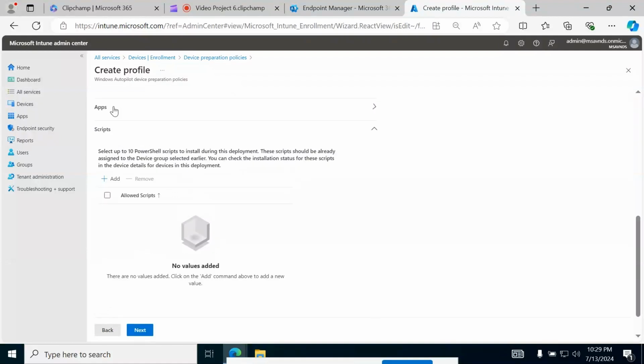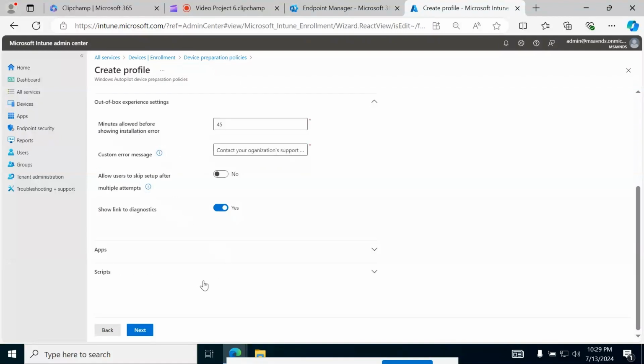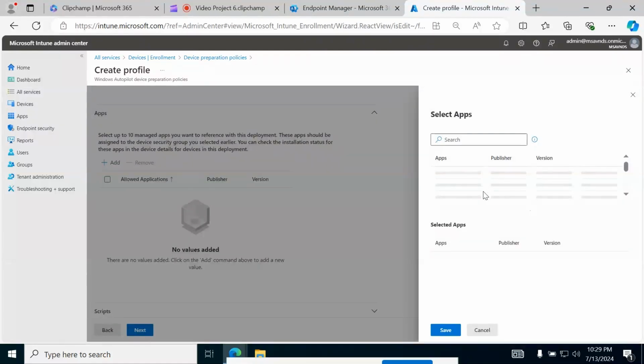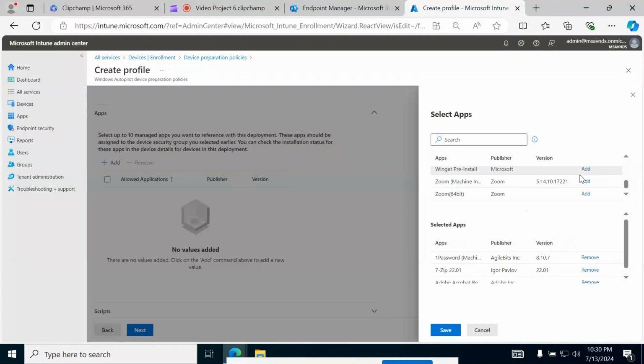Further we have apps and then scripts. So these are the two different sections right here. We can see we have the option to add applications, which applications we want to push through this package, right? In case I want to push 1Password, then 7-zip, then Adobe, and there are many other applications available. So these are the applications that I had deployed through apps using